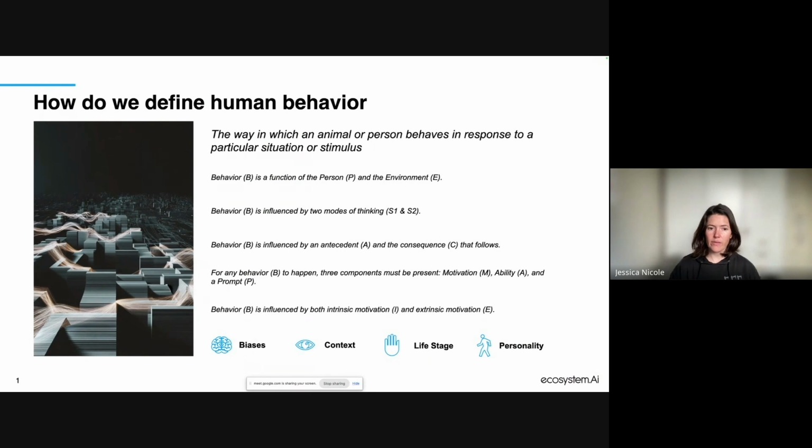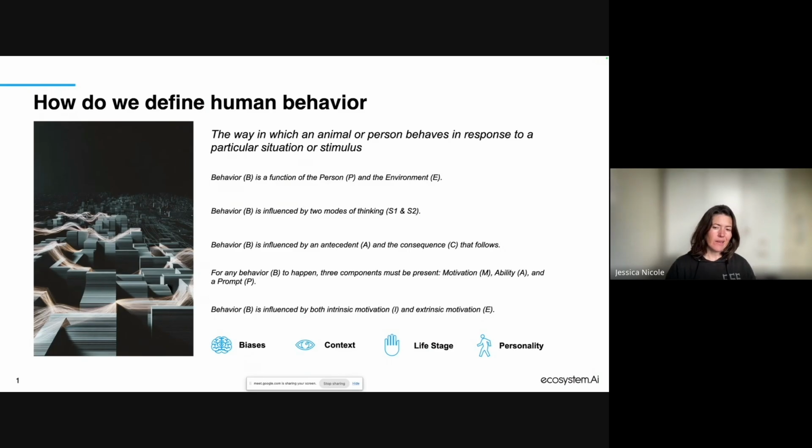Another one is MAP, which is defined by BJ Fogg and his behavioral constructs as well. That's basically looking at the 3 primary mechanisms that define behavior, and also the willingness to act out a certain behavior. So you've got motivation, which is your M, ability, which is your A, and prompt. Now, each of these things needs to be present in order for behavior to ultimately happen. And this is how BJ Fogg has defined his understanding of it.